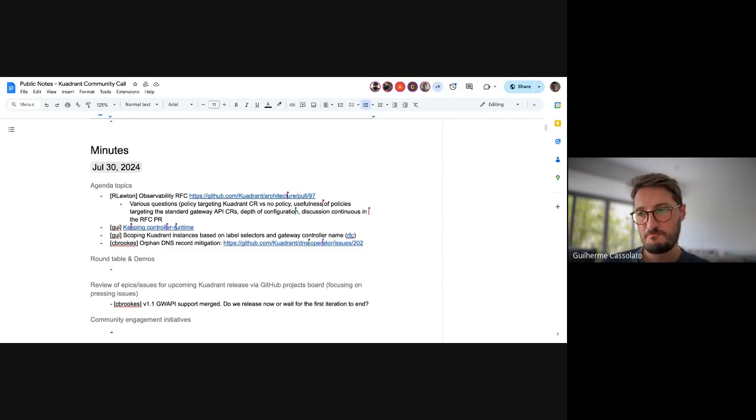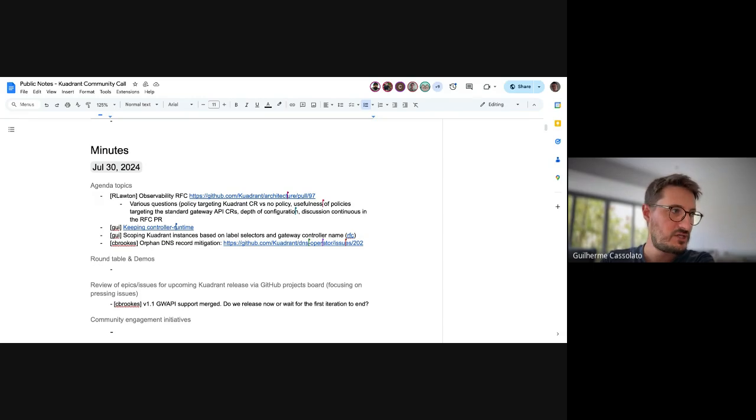So there's a decision here to make, right? Or how we imagine this functioning for a Kuadrant instance, right? So if a Kuadrant instance names one specific gateway controller, and then we find a more complex topology of routes attached to multiple gateways, basically what we're saying here is that we're going to probably ignore all the gateways that are parents of that route, but nevertheless are not in the scope of that Kuadrant instance, right? And therefore also not trying to create policies and configuration for our policies in those gateways, this kind of stuff.